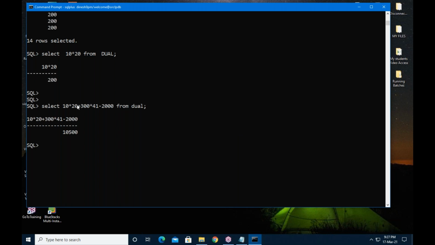Here in the select list, you don't have any column name from any table. To perform any constant expression, as it is called, calculate it always from the dual table.